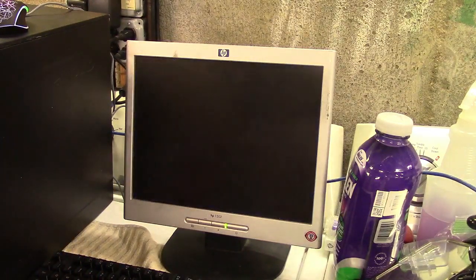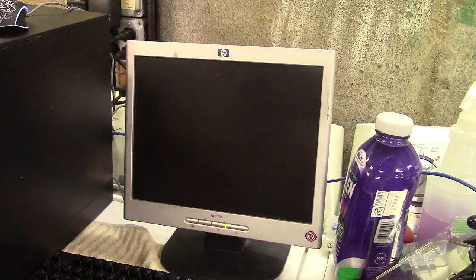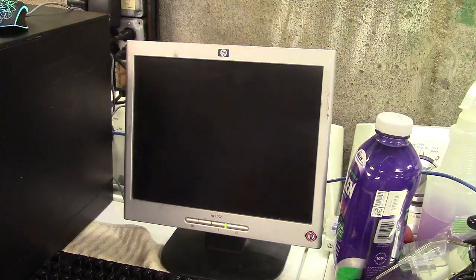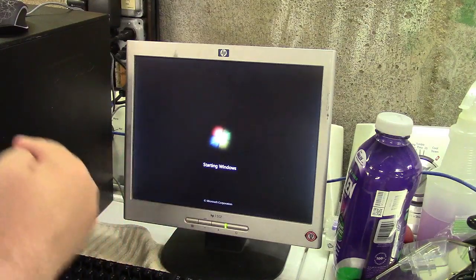Okay, so we got the boot menu. Should see both the hard drives now. Yeah, right there. Boot the Western defective drive. Yes. The good old mechanical drive. It's crunching around. It sounds much happier. Before, when it was making the image, it was kind of like giving that